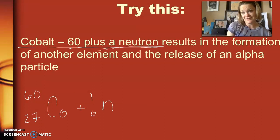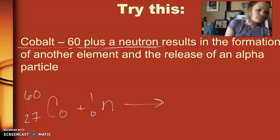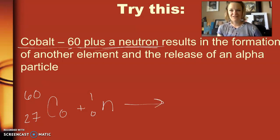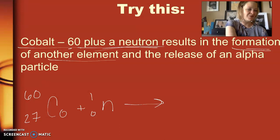Okay, so this looks different than the decay reaction. If you remember, in the decay reaction, we started with one thing, and then it broke apart to make two things. So I'm going to do the arrow. So now it looks like we're taking two things and reacting them together. It says that we're going to form a new element and then give off an alpha